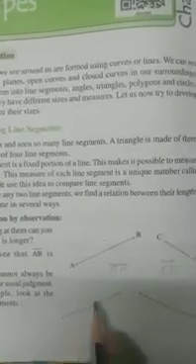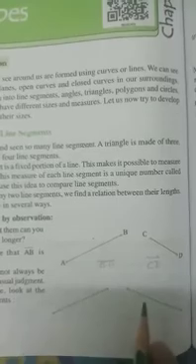Can you tell me which one is longer, line segment AB or CD? It is very easy. By observation only we can say that line segment AB is longer. Look at another example. Here two more line segments are given downside. Now can you tell me which one is longer? No, this time we can't say because both look similar.